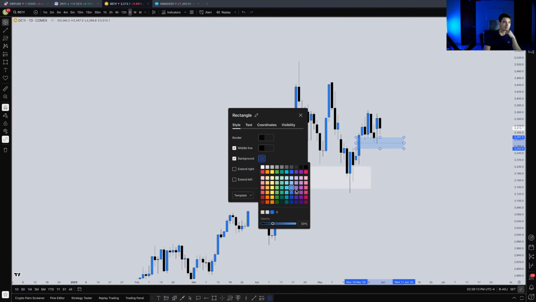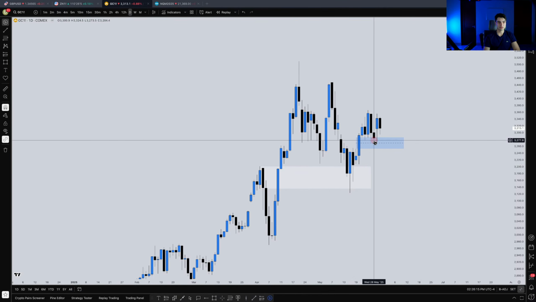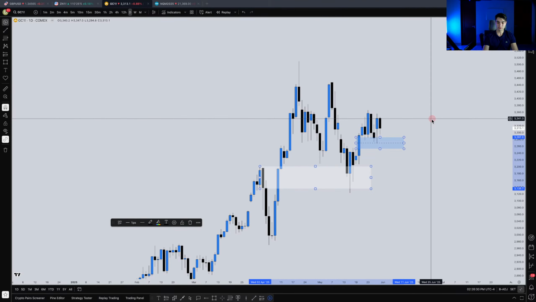Let's make that blue. So this imbalance here, I like how we traded down into it once, hit it twice, but look at where we turned on the dime, right from the upper 50%. So as long as you remain above the upper 50% of that, we continue bullish. I'm looking for higher prices going forward. And a lot of the uncertainty and the unrest in the Middle East and other parts of the world is causing the gold markets to absolutely rip.